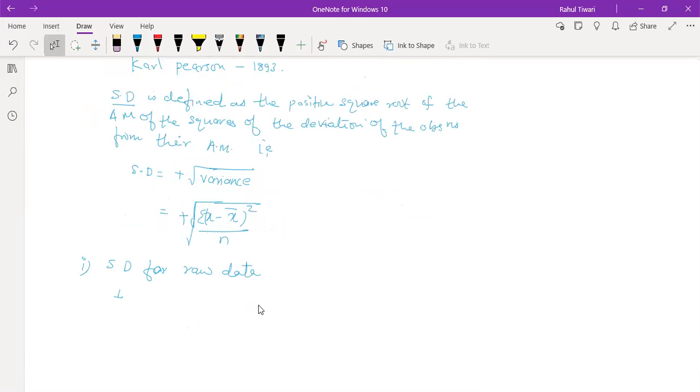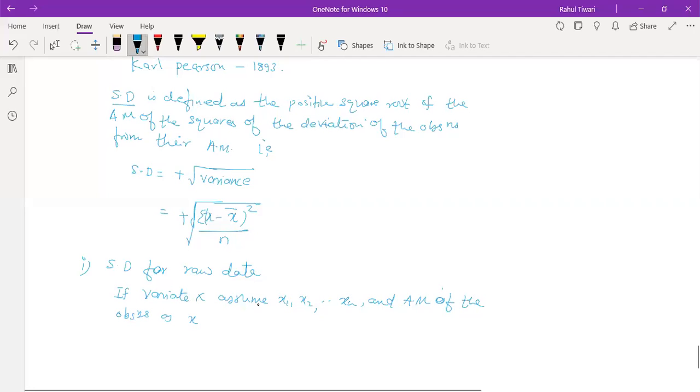If variate x assumes values x1, x2, and so on up to xn, and the AM of the observations is x bar, then